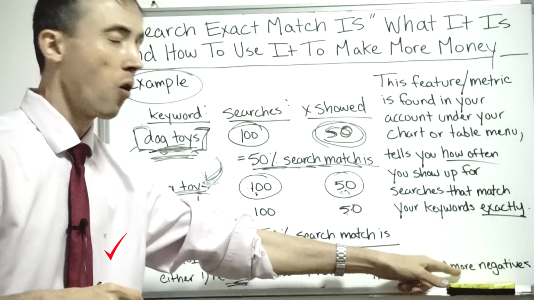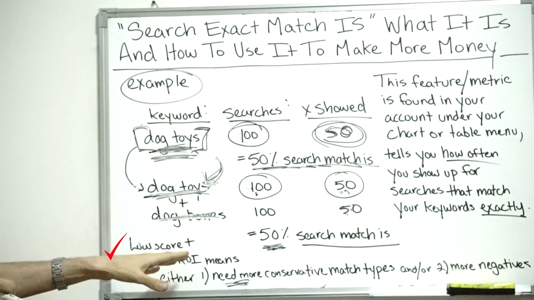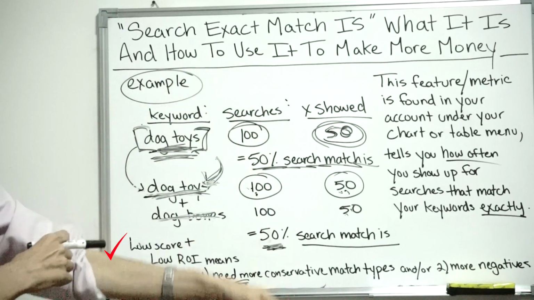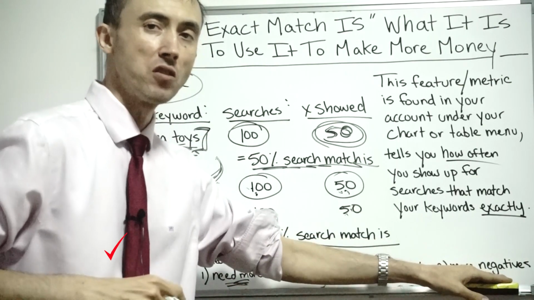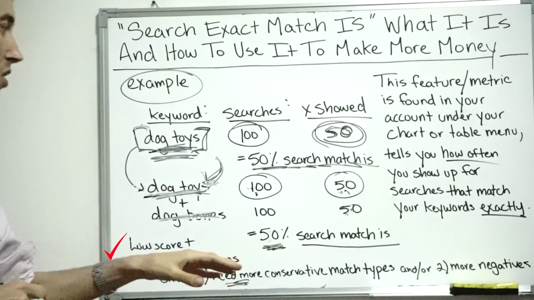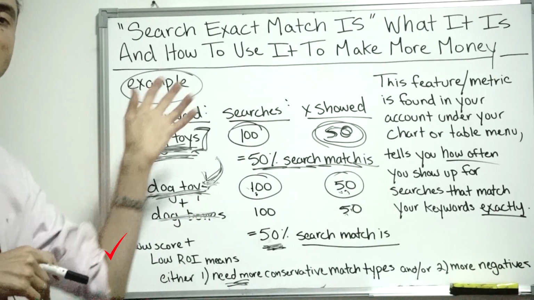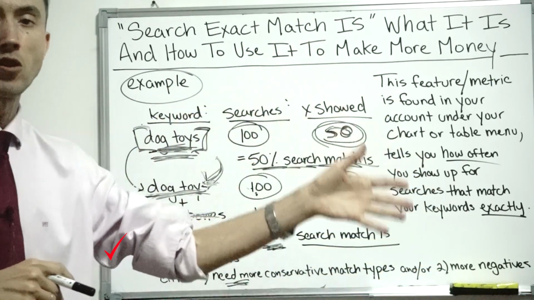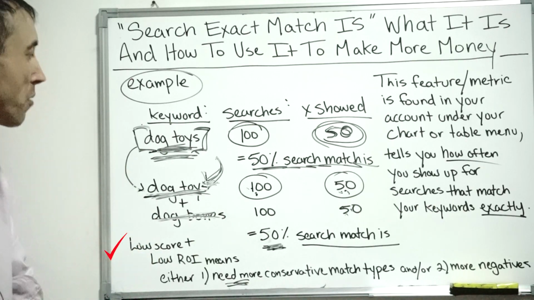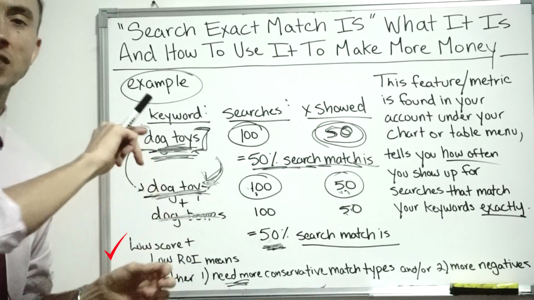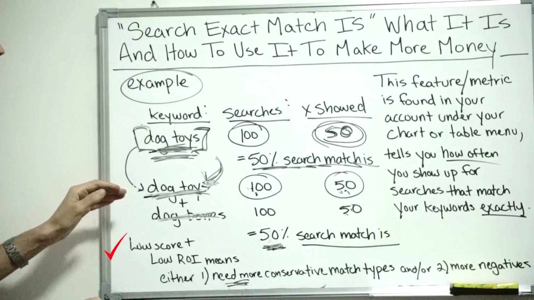Or another thing you could do, if you have low ROI and a low search exact match score, would be to add more negative keywords to your campaign so that your campaign's not eligible to show up for such a wide breadth of different searches, which should be able to take the budget you have and put it more towards searches that match the keyword exactly, even though it wouldn't necessarily have to, because again,